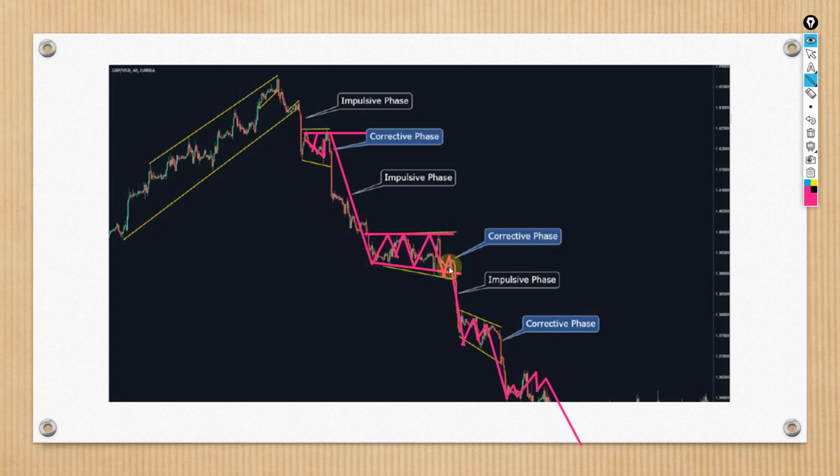Let me wait for an impulse. Then after an impulse, you wait for a correction, then you enter on the impulse. So really, we find entries in the correction phases. And how do we spot